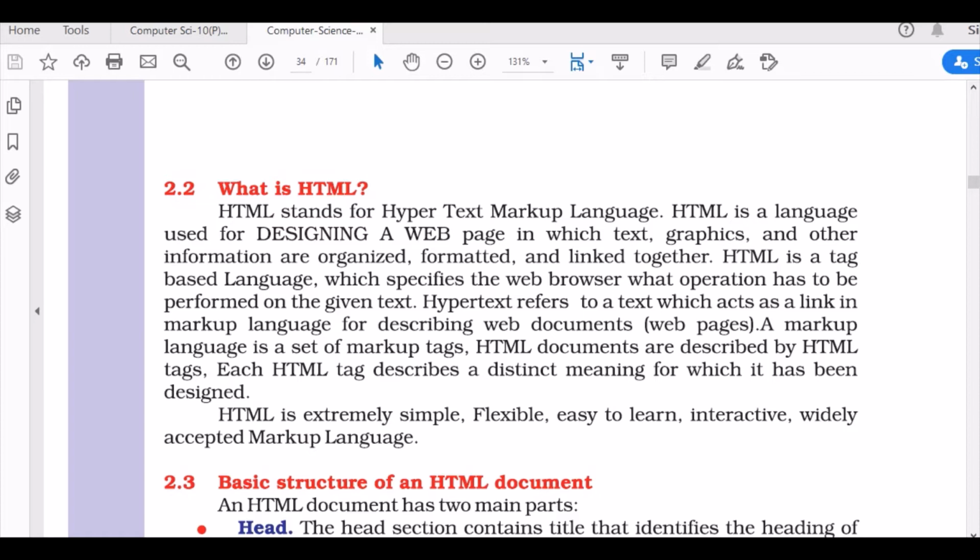You can open a web page in a web browser, for example, Internet Explorer, Mozilla Firefox, Chrome, etc. It is made up of tags, a markup language. HTML documents are described by HTML tags. Tags in the sense you mark something. That is why the name HTML.